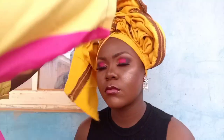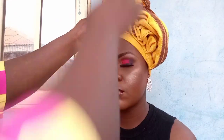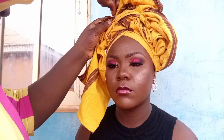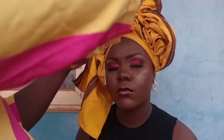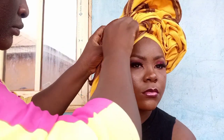Make una no vex o, say this my rubber hand dey cover it. I mean I no vex. Hey Jesus, it is well. So I just dey form the gele, my sister. Dey form am so tey e come out nice. Na one thing about this style be that o. You go just dey create something, before you know e go turn to something beautiful. I no even expect say this gele go come out very nice like this. I swear, if dem tell me say this style go come out very beautiful, I go talk say